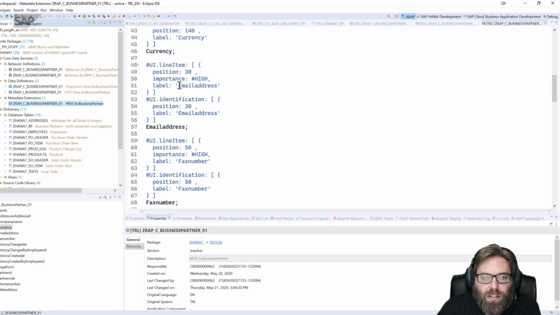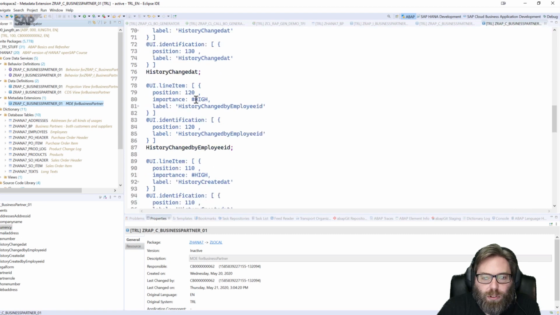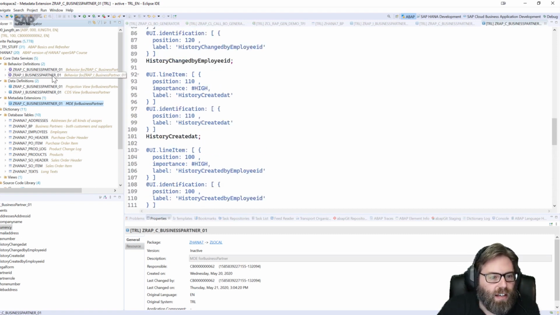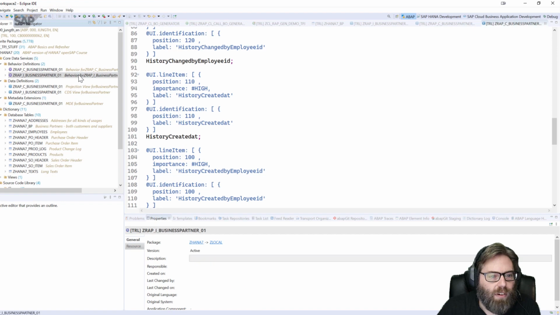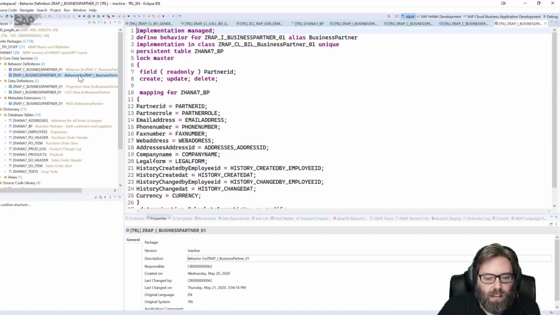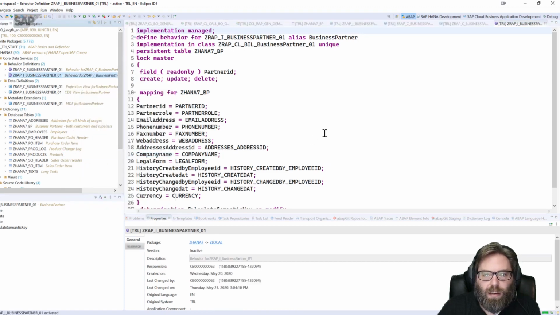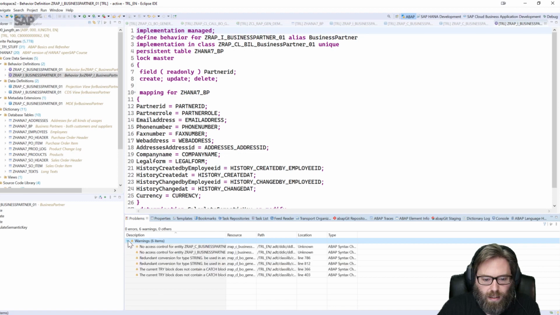All the annotations that are pulled here using labels, saves me the time of setting all this up. Once again, even if I would have to go in and edit a few things here, we have the behavior definitions. Which I could probably try to activate now as well. And I'm getting. And we have our